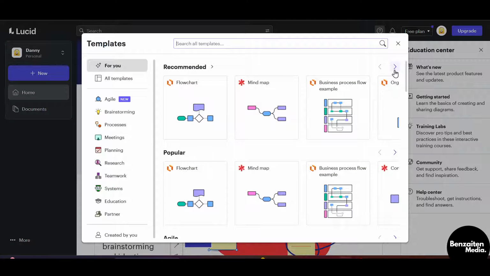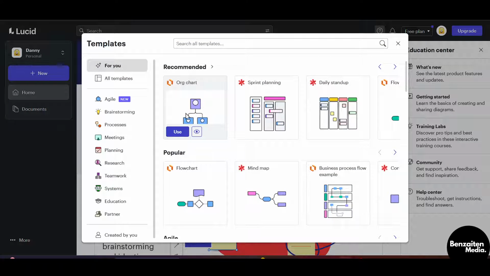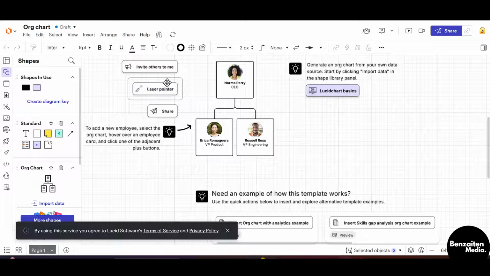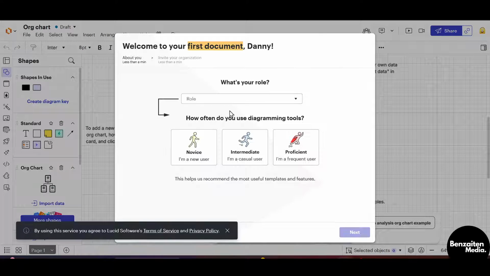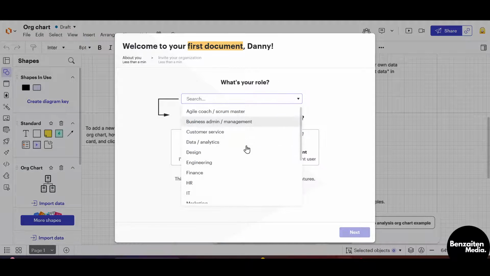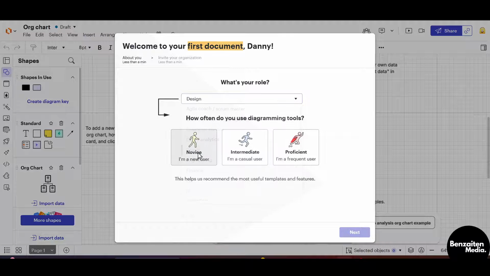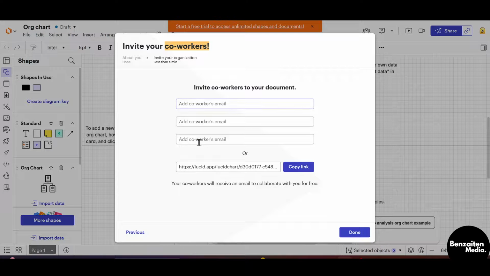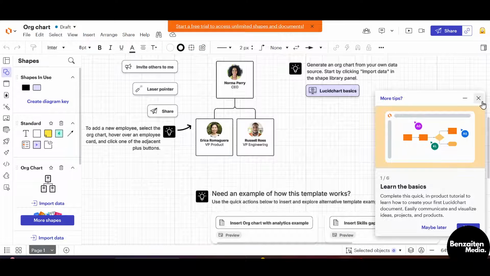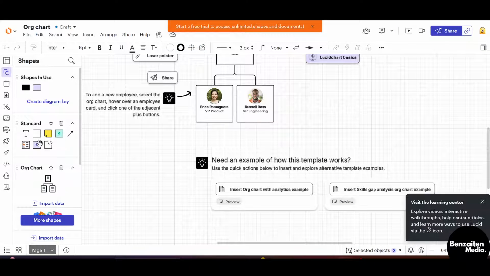Now from here, find the ORG chart, which is here as you can see. Hover to it and click on use. After that, as you can see, I have opened my new fresh ORG chart. I will specify my role, and I will specify what type of user I am, and I'll just enter these details. When I'm done, I'll just simply click on done, and after that, from here I can create my own ORG